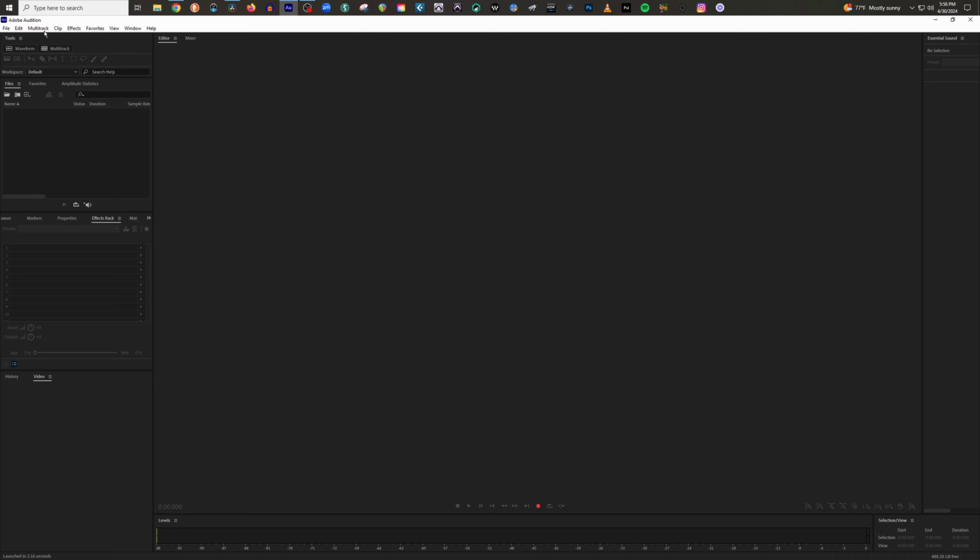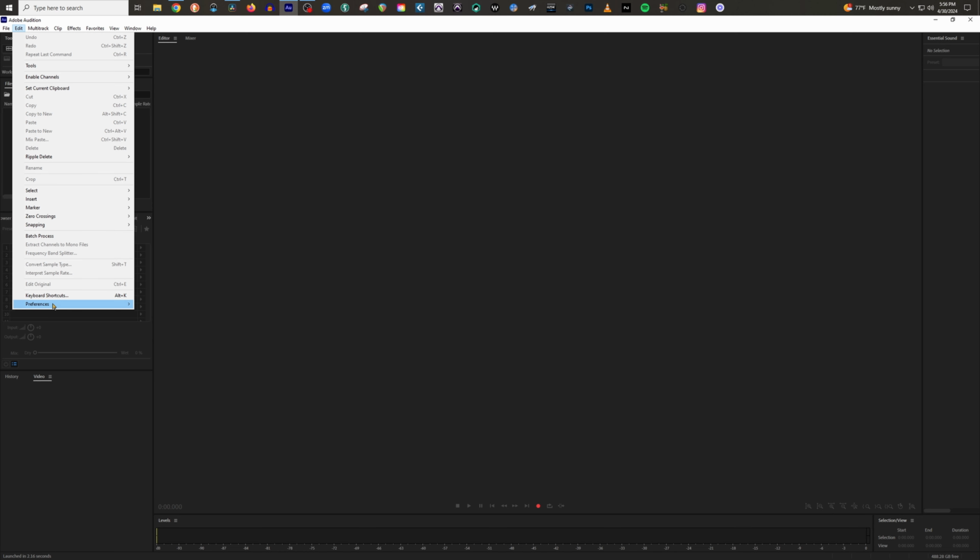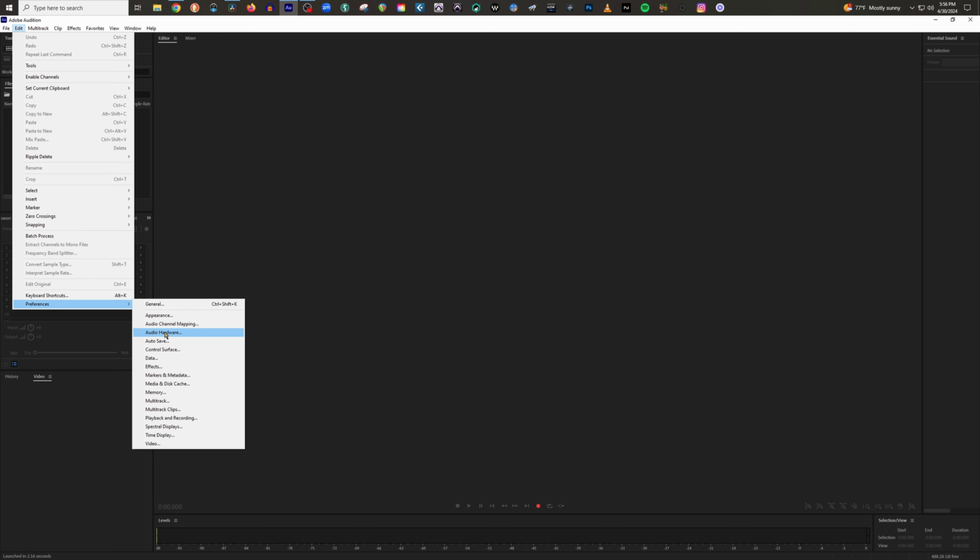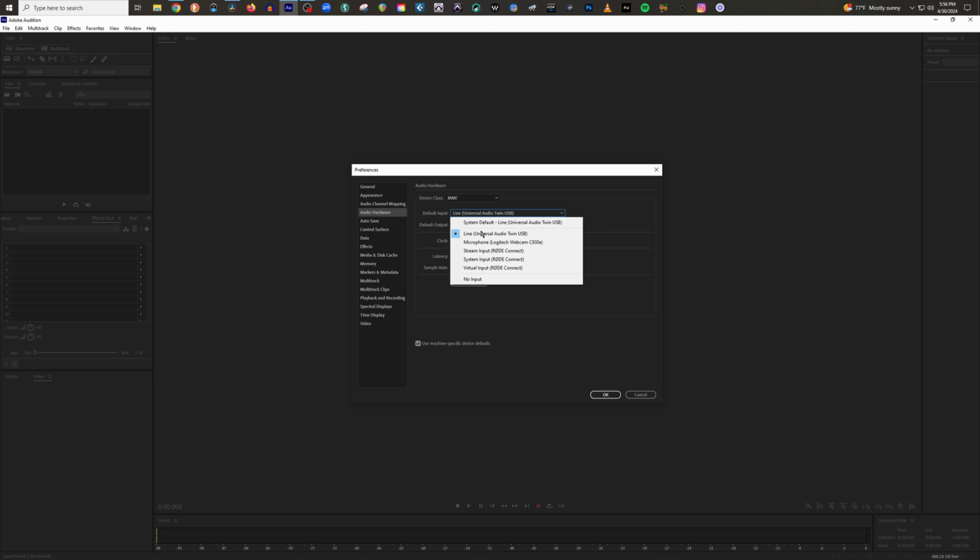On a Mac, click Adobe Audition, and on PC, click Edit. Then Preferences and Audio Hardware. Default input should be set to your audio interface, or microphone if you have a USB mic. Default output should be set to your audio interface. Again, if you don't have an interface and your headphones or speakers are plugged directly into your computer, refer back